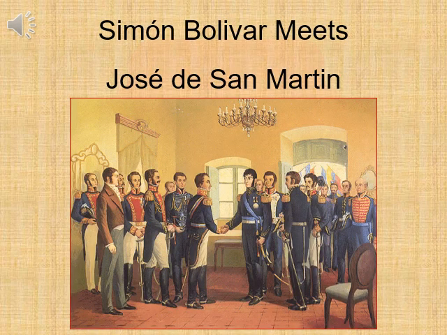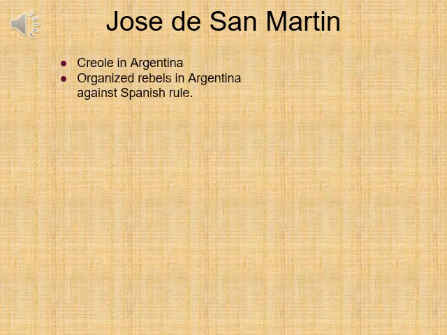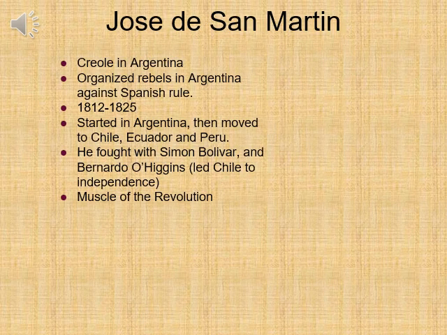It was during this time when Simon Bolivar met Jose de San Martin, leader, revolutionary, and they would work together to help decolonize parts of Latin America. Jose de San Martin was a Creole from Argentina, and he organized the rebels in Argentina against Spanish rule, just as Bolivar did in Venezuela. Between the years of 1812 and 1825,